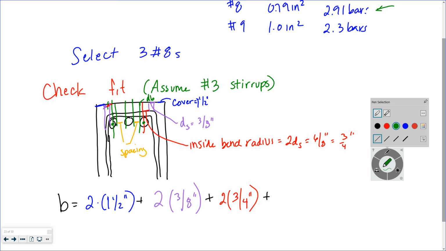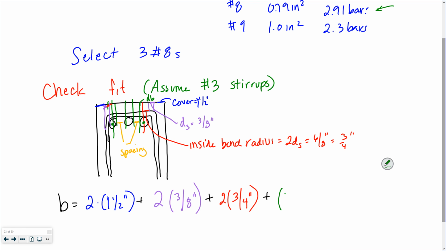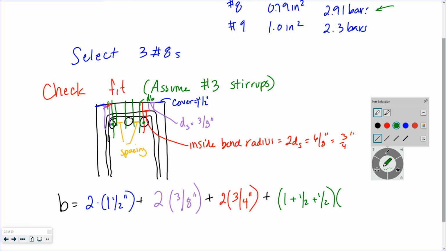The center of the 2 corner bars. So I have 1 whole bar in the center plus a half bar on either side in the corner. And my diameter of a number 8 is 1 inch. And I've got 2 spaces. So if I solve for my spaces, because my B is 12 inches, my spacing between my bars is going to be about